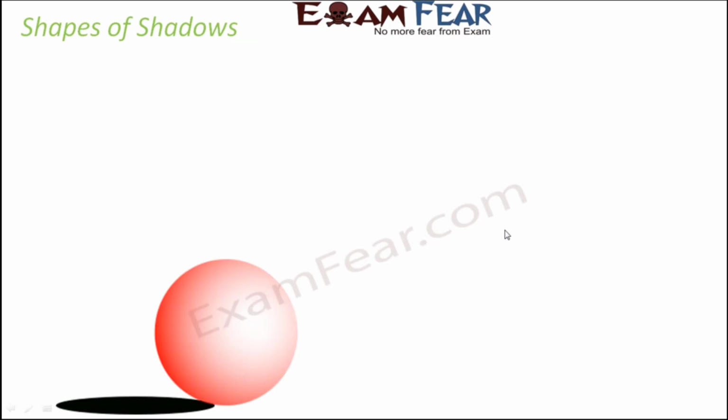So let's say you think of a ball. What is the shape of a ball? It's a sphere. But when you look at the shadow that is being formed by the ball, like what you are seeing right now on the screen, do you see a sphere? When I talk about the shape of the shadow, it's not a sphere, it looks like an ellipse. So it is not necessary that the shape of the shadow will be identical to the shape of the object.